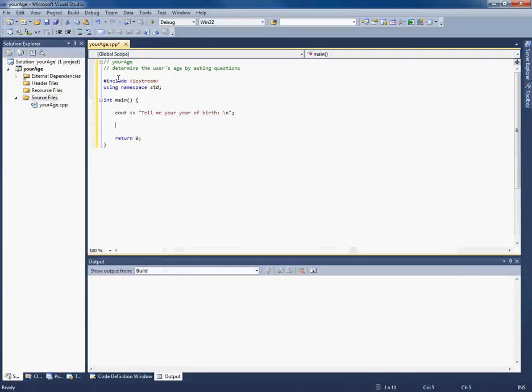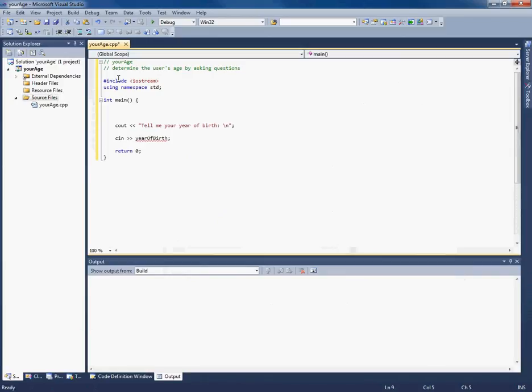To get input in, you use cin, so the opposite of cout, cin, and then you put two greater than symbols, and then you put the name of the variable where you want the input to go. So I want to have a variable called yearOfBirth where it will collect the input from this question. Now it's underlined yearOfBirth because that's reminding me that I haven't declared it.